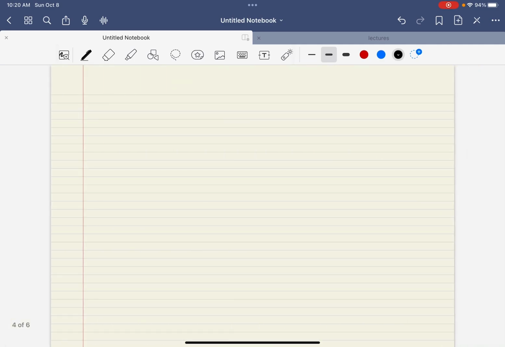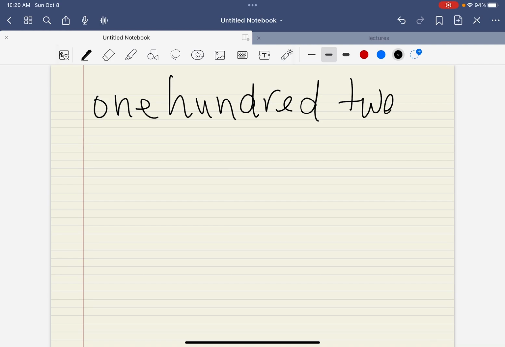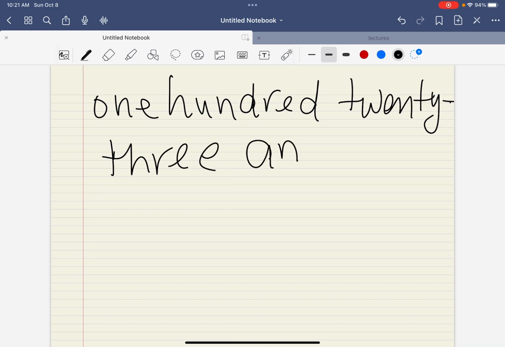This one says to read this decimal number, and what they would have you do in the homework is to write it. So we're going to read the number to the left of the decimal, which is simply 123, and then for the decimal point, we always write the word and. That's how we know where the decimal is. And now we read the number to the right of it. Well, that's also 123. So we write 123,